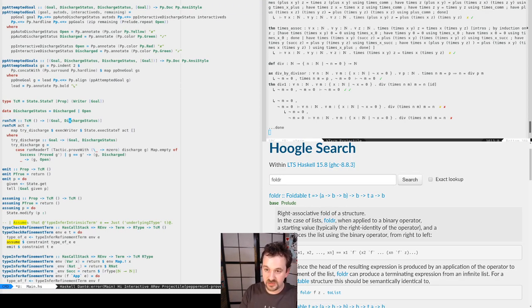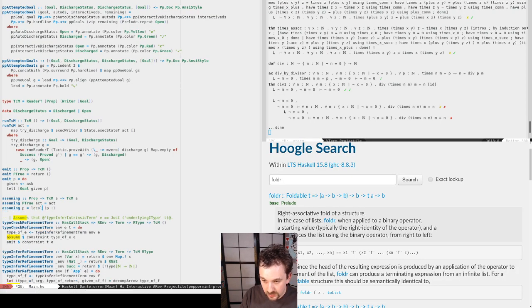So because it's scoped, it doesn't need to be state, so I can change that into some ReaderT of Prop. So here it becomes ask, p true of act is act. Also that's a p equals local p.